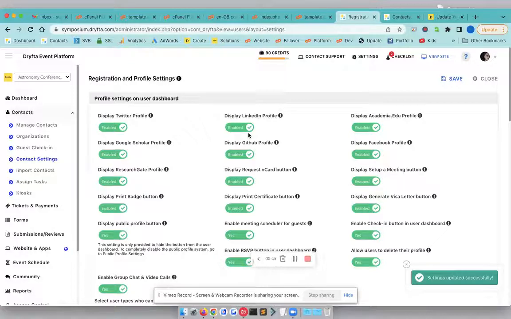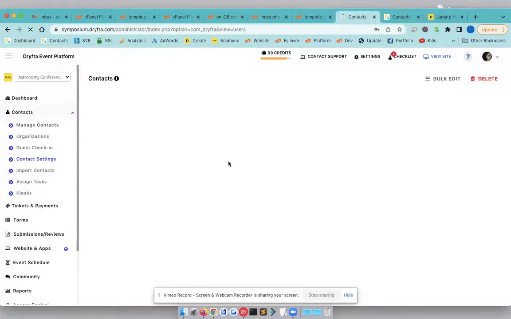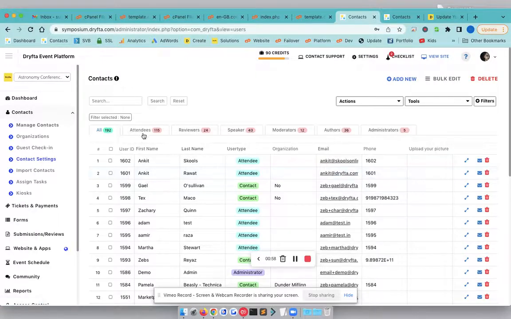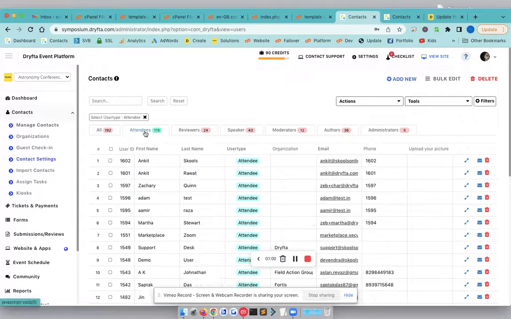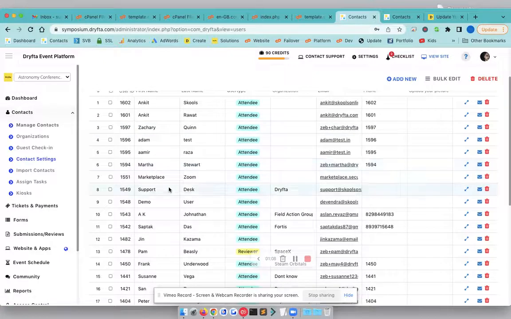multiple attendees with another attendee, or an attendee with another attendee manually, you have to go to manage contacts, click on the attendees tab, because only the attendees can be matched together. Non-attendees cannot use the matchmaking feature. And then select the person or multiple persons whom you want to match